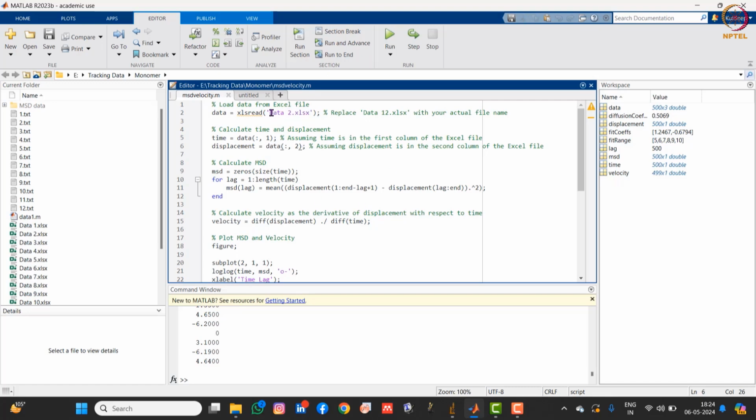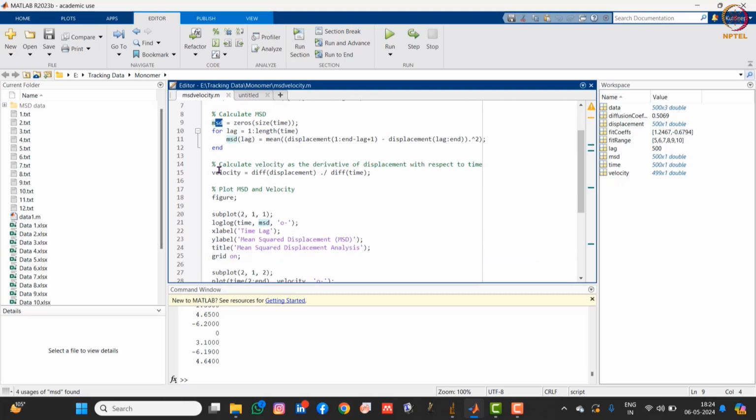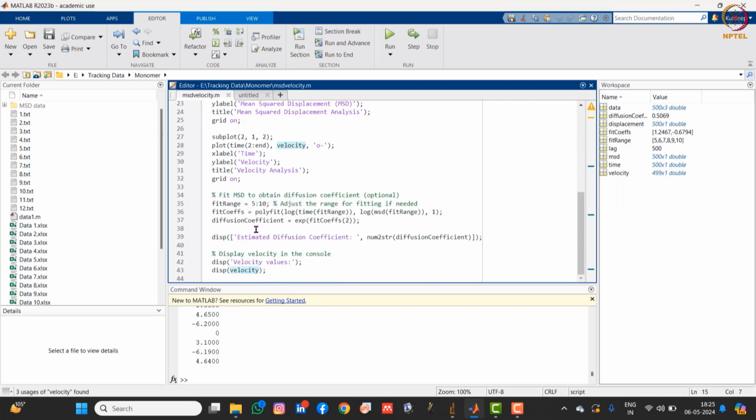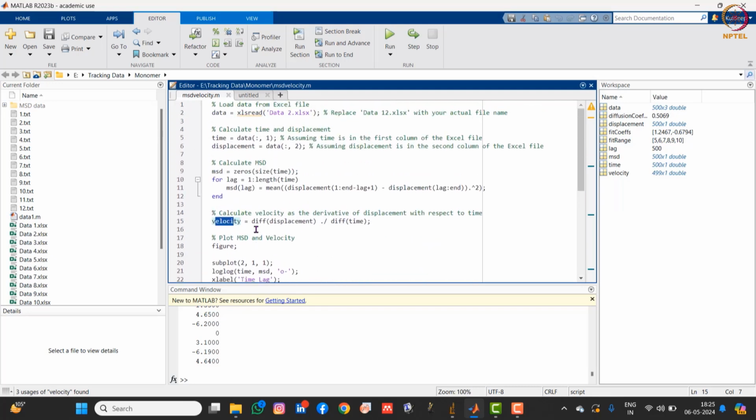This data is already saved by the name data2 in Excel format, so I'm calling the Excel file here. With time, distance and everything in the data form, I'm going to calculate the MSD, velocity, plots of velocity and mean square displacement, and the diffusion coefficient. Now let me run this program.